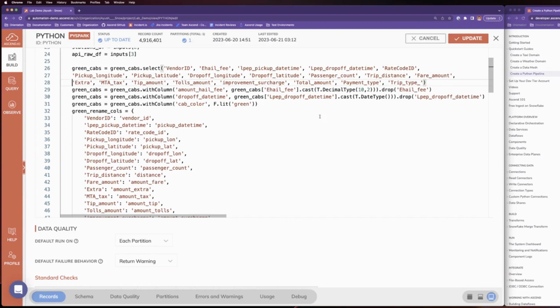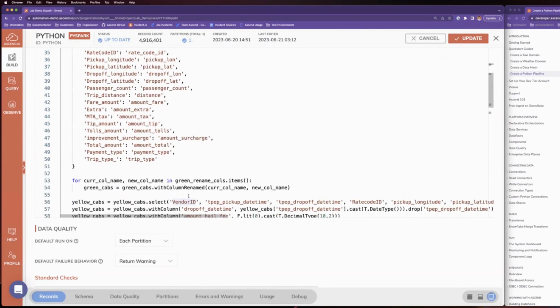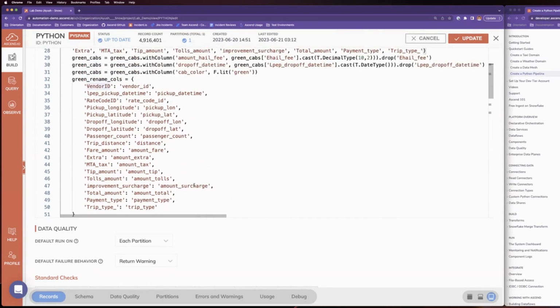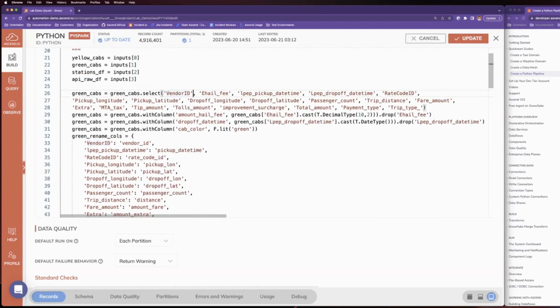But this is to create an easier way for us to alias it, right? Rather than create, you can do select.alias as, I just have it as a for loop down here for clarity's sake. But you can just as easily say select and then alias the actual column, right? And then we add the columns that need to be added with some sort of new synthesized data. In this case, we need to cast it as a certain type, and then we drop the original column because it's a different type, maybe a string.